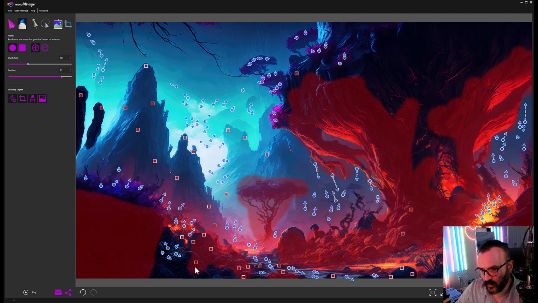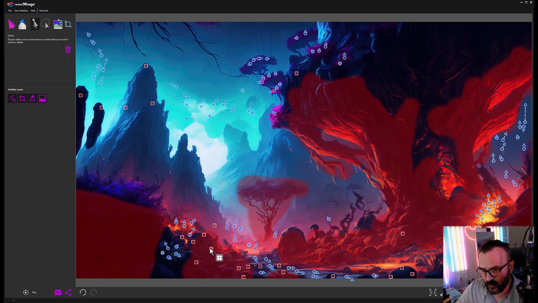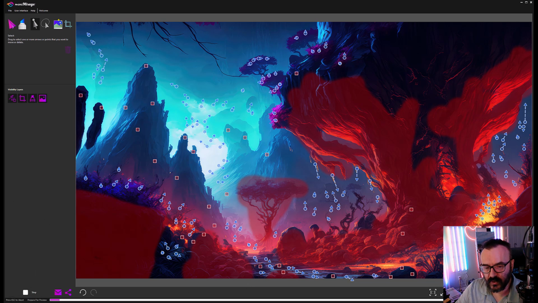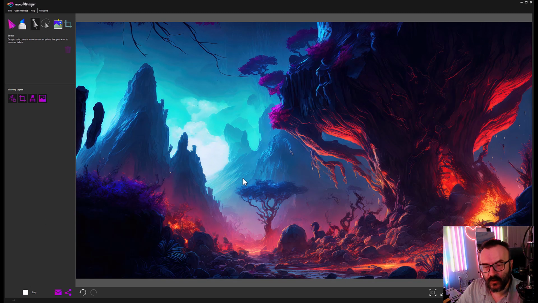Okay, I'm going to remove a bunch of points here because they're nice, but they are making it a little bit harder for the animation to calculate. They're too solid, they're like glue points. Okay, there you go. Let's go ahead and click preview. Okay, in the preview we can see our tree is frozen. Our water is kind of moving, lava, we have it moving here, something going around there. I'm not sure if I like it. I may just remove all of these animations around. Well, I'll just leave it on the bottom, but hide these lines